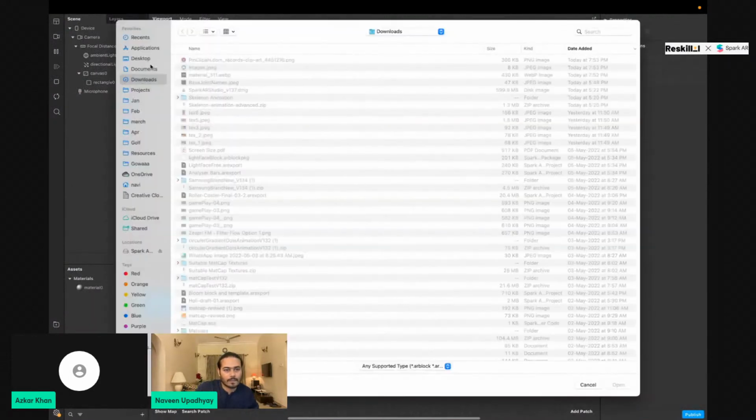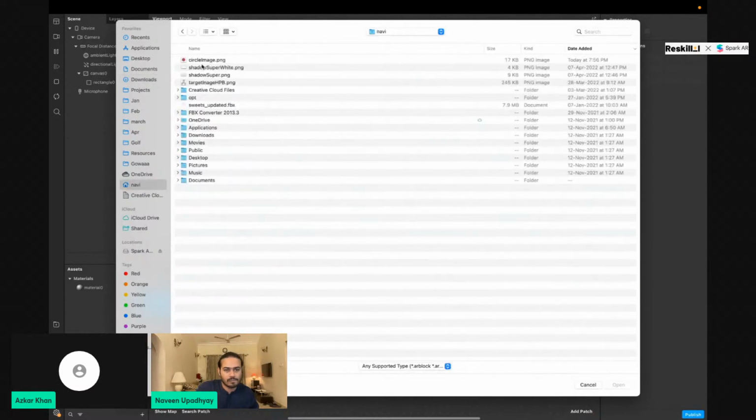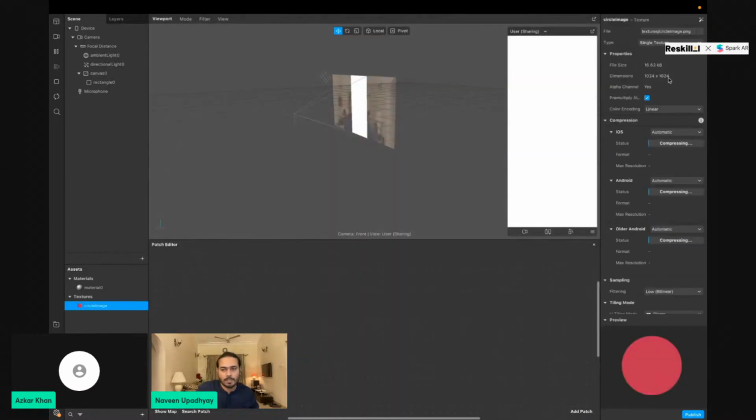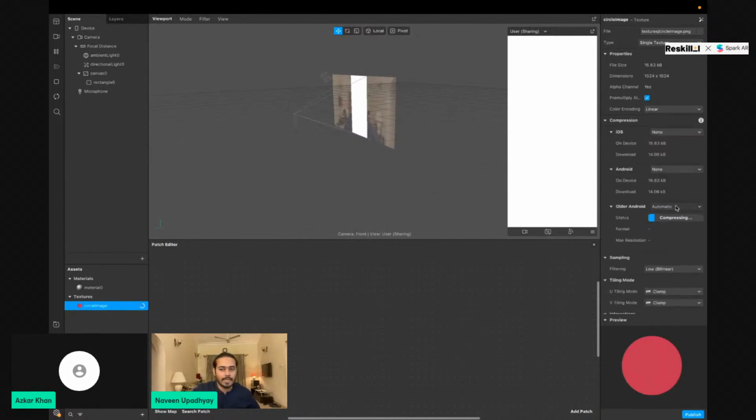add a circle image. Now you can see this is a 1024 cross 1024 image. It is a circle, and any texture that you import in Spark, always keep them at 2 to the power something. For example, 256 cross 256, 512 cross 512, 1024 cross 1024. Computers understand them better because of the binary calculations in the logarithmic and 2 to the power. That's how they work. So we try to keep them like that,